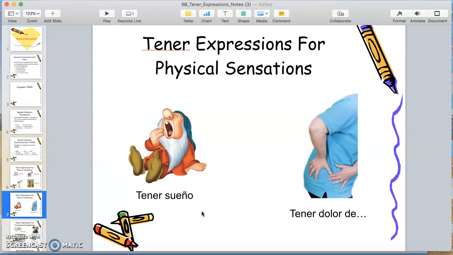Because when I add that upside down question mark, that means do you, right? And then I change tener to the speaker, and I'm talking to one person, so I change it to the tú form of tener, which is tienes. And now I have do you have, and then I use the word for sleepy or tiredness in a sense, okay, which is sueño, and I put it there. Sueño can also mean dreams. Dulces sueños is sweet dreams. Okay, but when it's together with tener, it means to be tired.